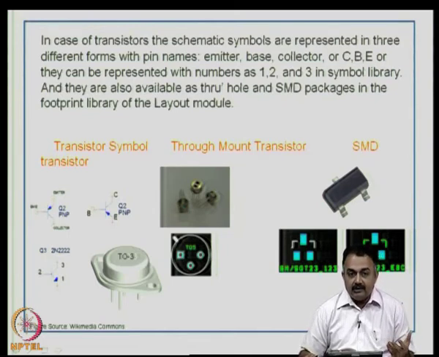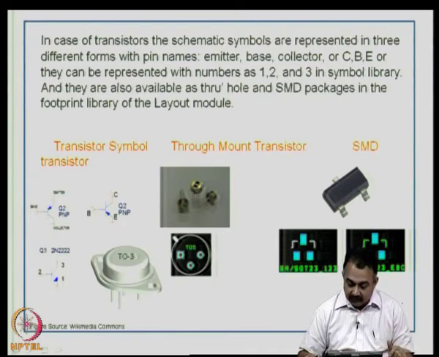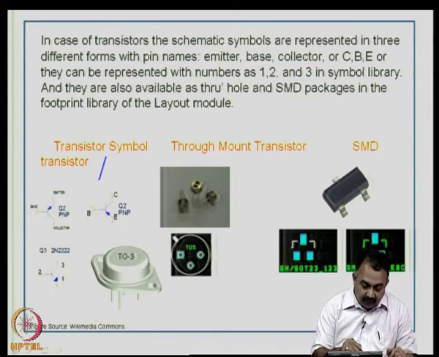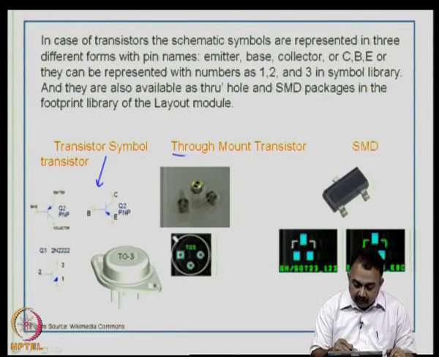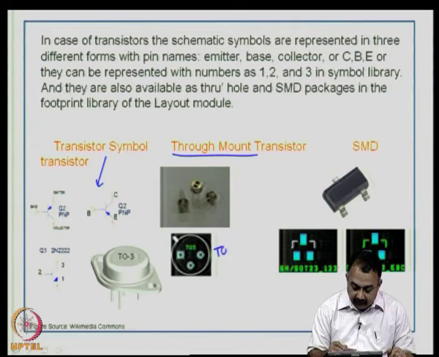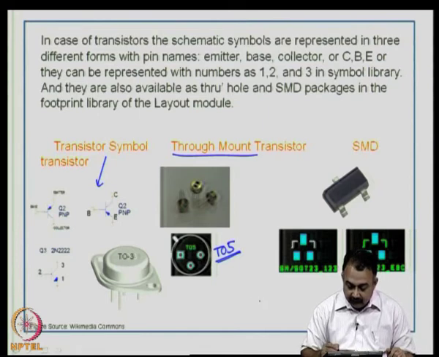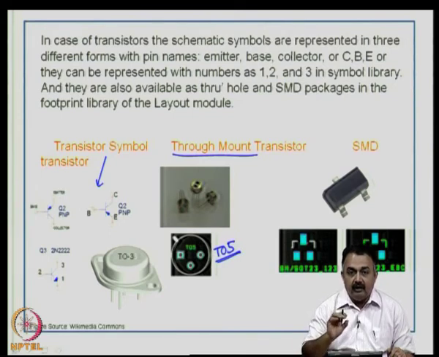Because the symbol can be the same, the key issue here is, are you going to use a through hole transistor or a surface mount transistor? This is the symbol information, and this is the through hole package information, for example, for a TO5 transistor. You can see pin numbers 1, 2 and 3 arranged in definite spacings and sizes, including drill diameters that need